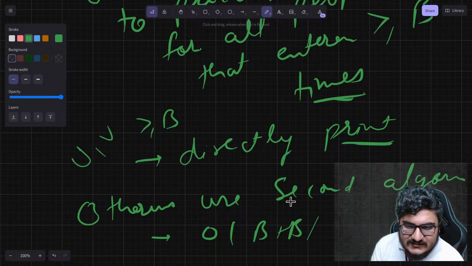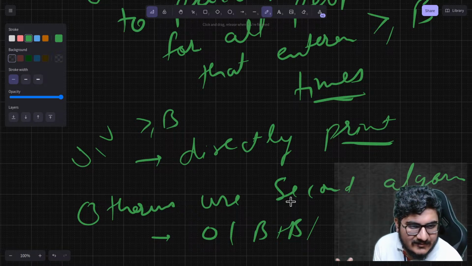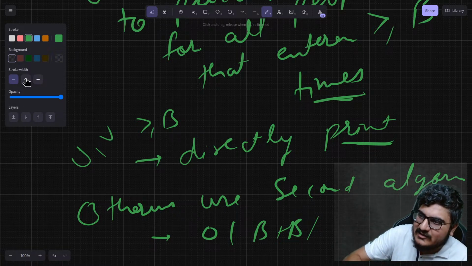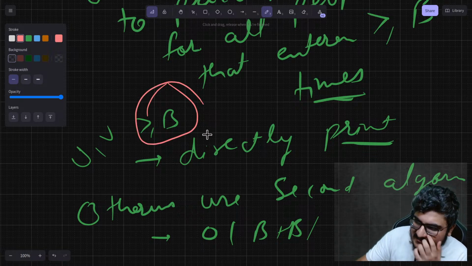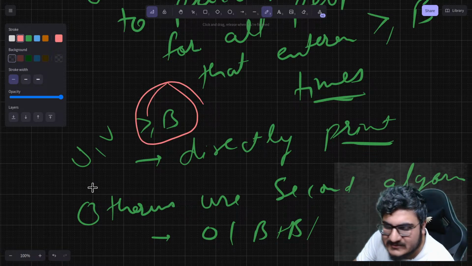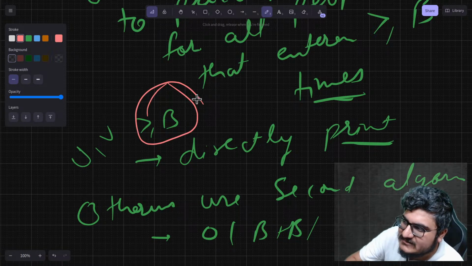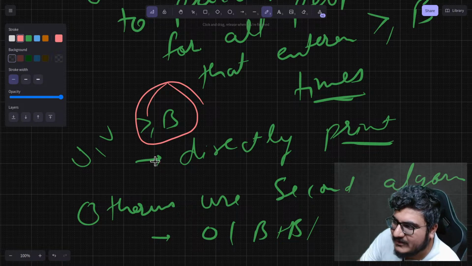So now what I have done is I have two solutions. Both of them individually give TLE. What I am doing is I have defined some constant b. What is the value of b? We will come back to it later. But now what I am saying is, if any person has entered greater than or equal to b times, I will pre-compute answers using the first algorithm. No, I don't mean print b. What I am saying is